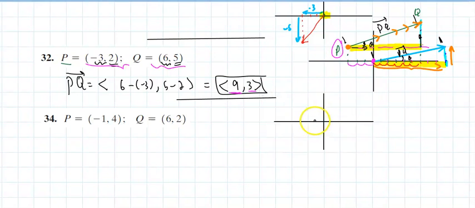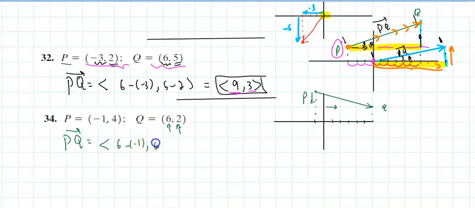So P is at negative 1, 4. 1, 2, 3, 4. This is P. Q is at 1, 2, 3, 4, 5, 6, 1, 2. So do we see that this vector actually, so I know it goes down and I know it moves to the right, but I'm not sure by how many. Well, guess what? No need to worry. I could count, or I could say end minus beginning